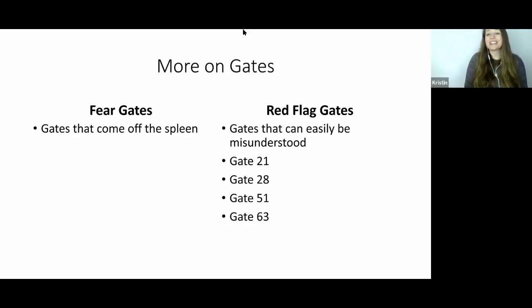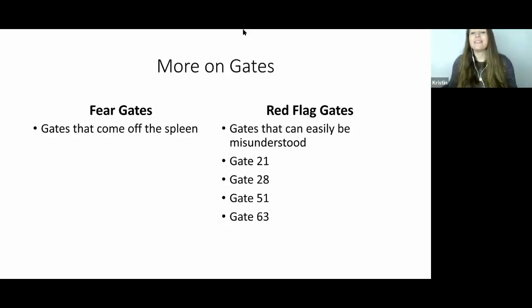Gate 51 is the gate of shock, and this is the energy that is very illuminating. It's designed to surrender to a higher power, and you shed your ego and walk into being a priestess or a priest, walking into your higher self. But sometimes in its low expression, it can be the gate of shocking you for fun. Oh, it's fun to be provocative or wear something shocking or say something shocking or inappropriate or offensive. Ha ha, it's so fun, right? That's the low expression.